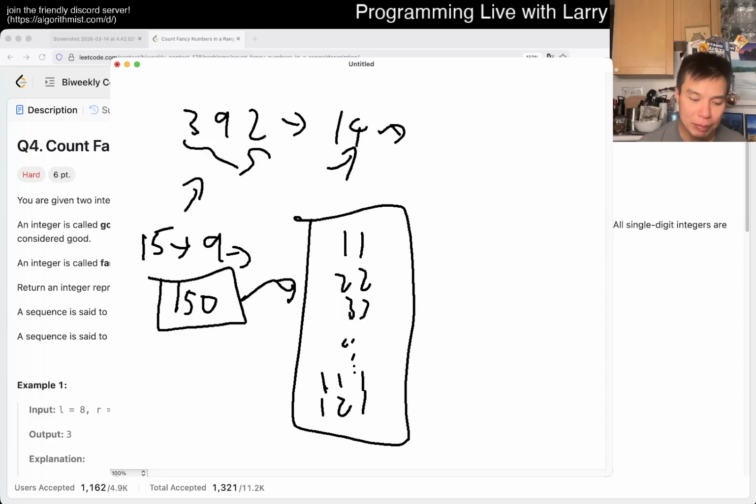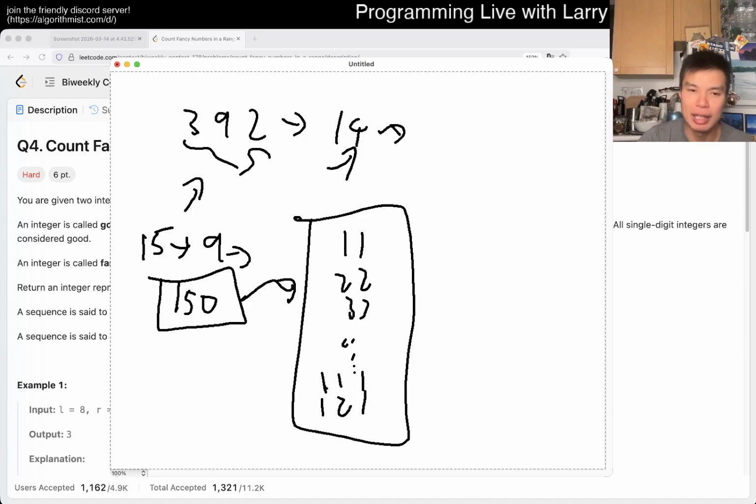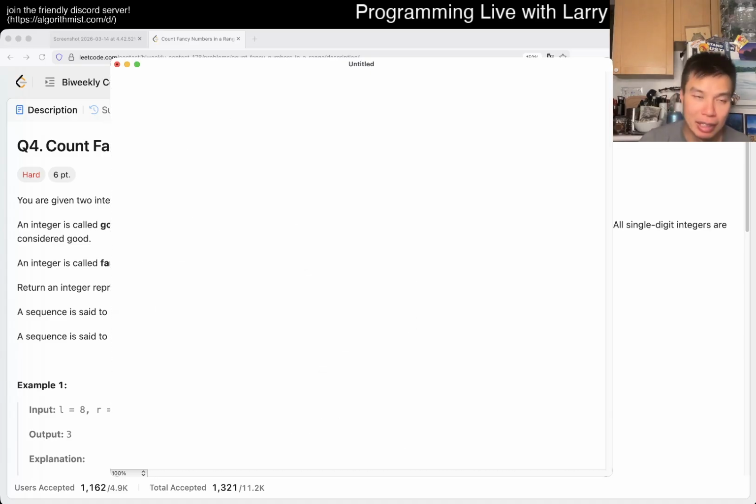For this one, because this is an OR statement, meaning that a number is fancy if either it's good or the sum of the digits is good. Well, how do you solve it? I mean, you still just do a digit DP possibly. I couldn't figure out a clean way to do it. Like I said, maybe there is, because people did it much faster than I did. But the way that I did is that I look at it in terms of